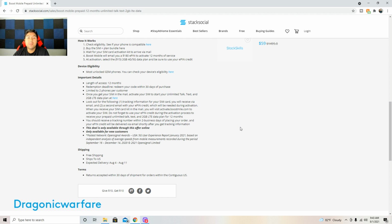When you receive your SIM card kit in the mail, you will visit activate.boostmobile.com to activate your SIM. Do not forget to use your ePIN credit during the activation process to receive your prepaid unlimited talk, text, and 2GB. And I have been seeing these